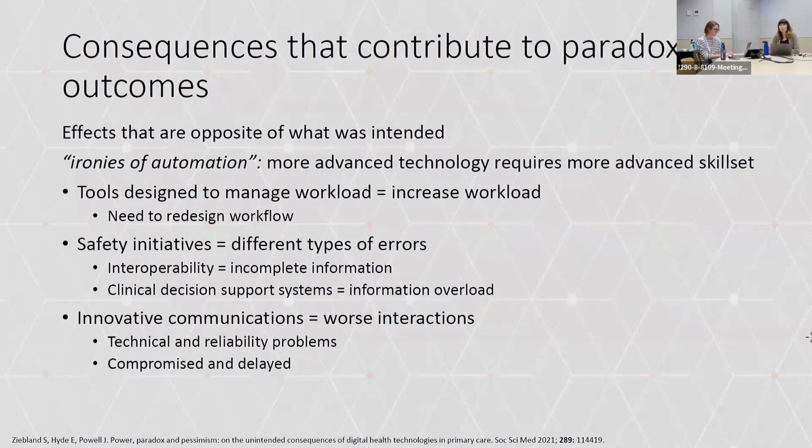And then we have consequences that contribute to paradoxical outcomes. This is, I think, what people think of when they think of unintended consequences: these effects that are opposite of what was intended. The example they bring up is the ironies of automation. So often when you implement more advanced technology, it requires an advanced skill set. A good example of this is using AI in radiology. Having an AI read the image and analyze it requires people to have at least some baseline level of knowledge